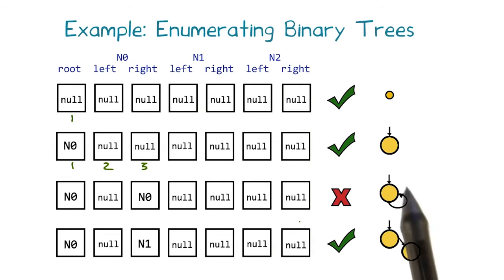But this shape contains a cycle, and so it will fail the precondition check for a binary tree object. Therefore, we discard this shape and expand n0.write again, assigning it the next node in our order, which is n1. This new shape is indeed a binary tree, and so it will pass the precondition check. Recall that the precondition code traverses the shape in a depth-first manner, choosing the left child before the right. So the ordering of field accesses will be 1, 2, 3, 4, and 5. We would then use this ordering to determine the field to expand for the next iteration.